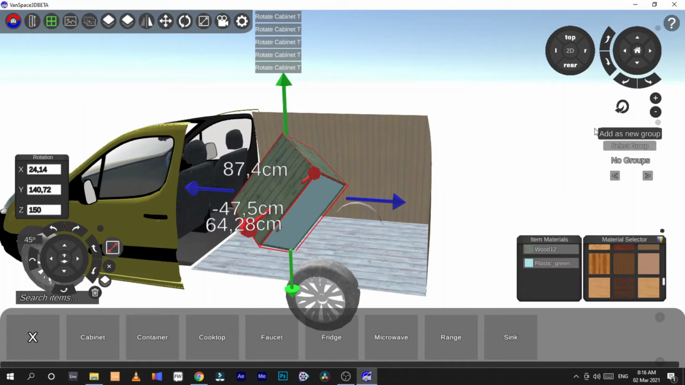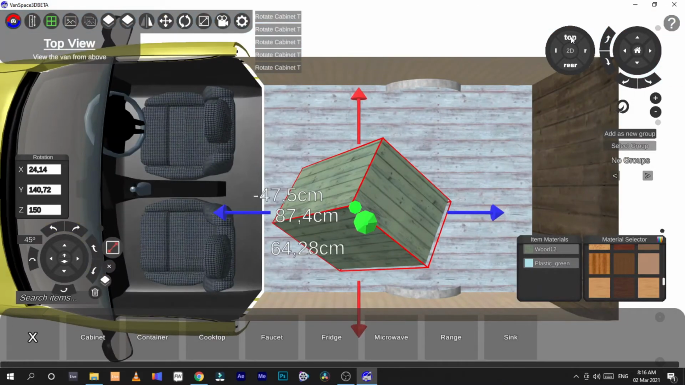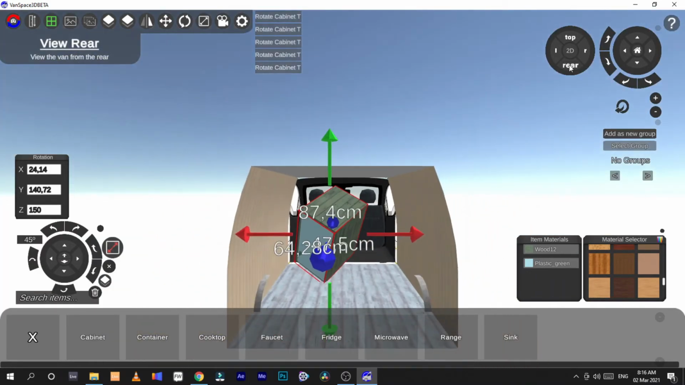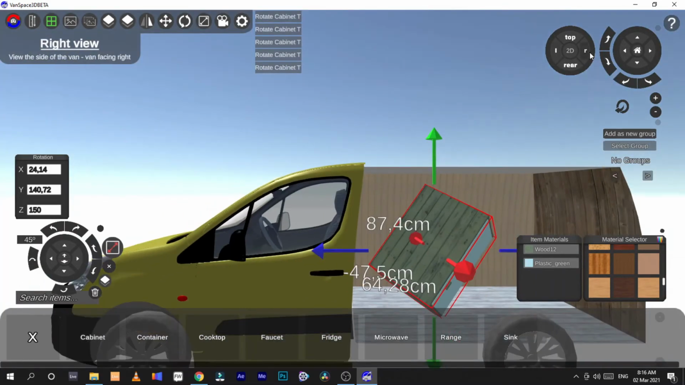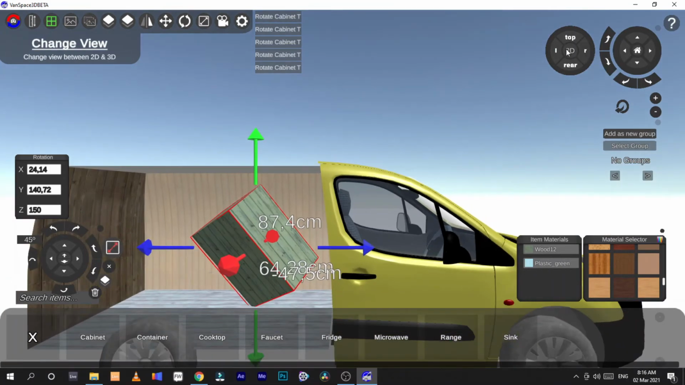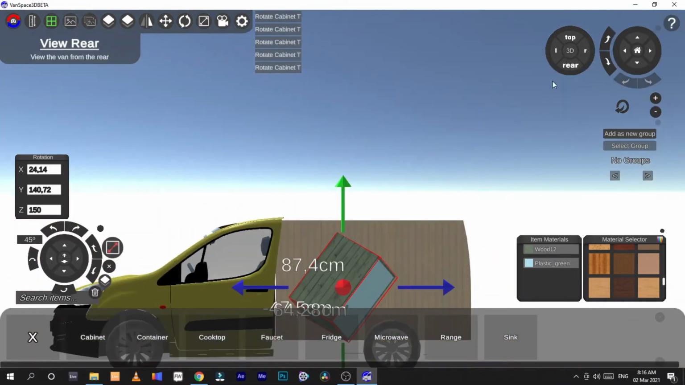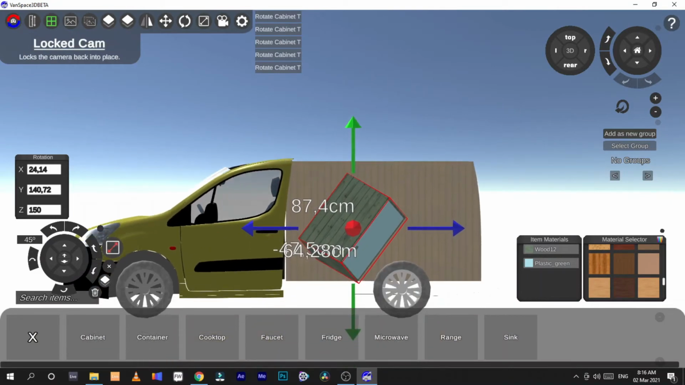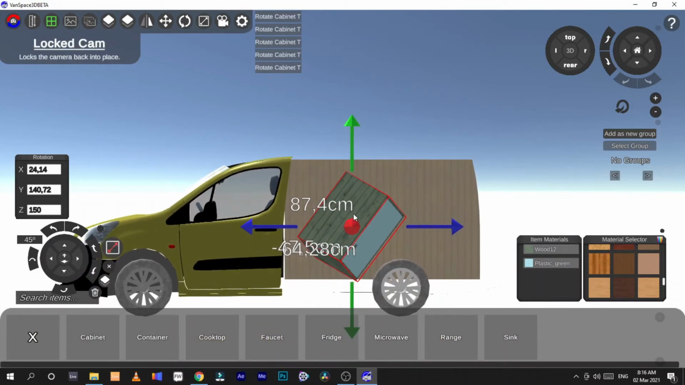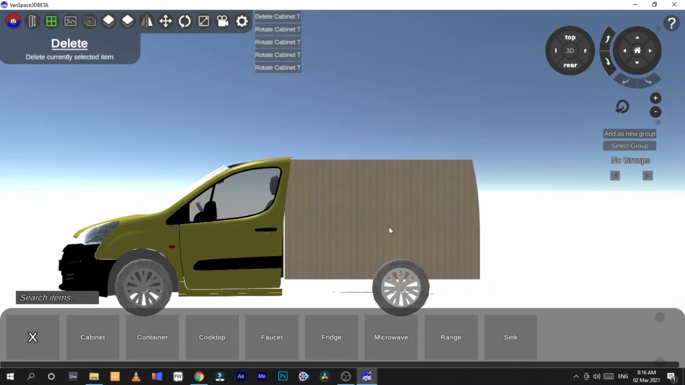But then on the top here, you have top where you're in the top and in 3D mode. Rear, you're in 3D mode. Right and left, you're in 3D mode. Then you'd select to be in 2D mode. As you can see, you're very centered. Camera was locked. You see very centered. Let's just delete this. You see it's very square,